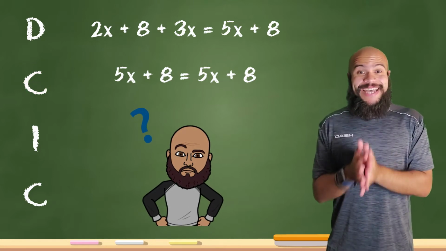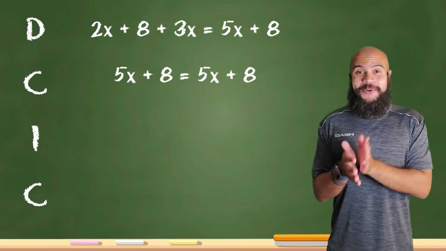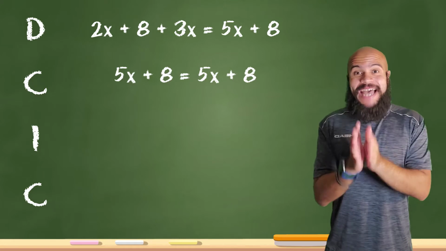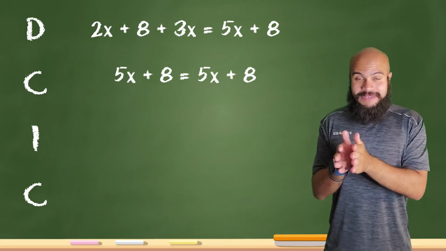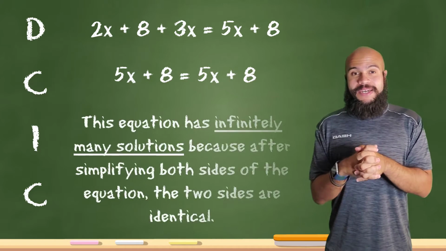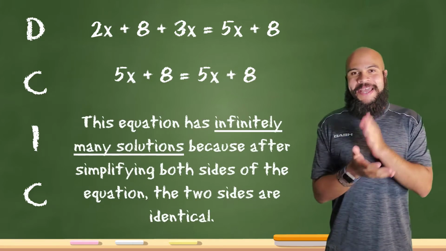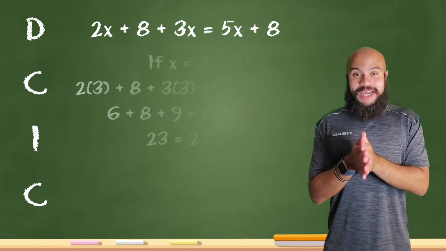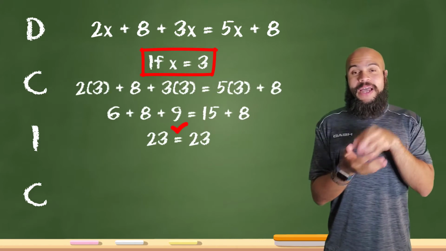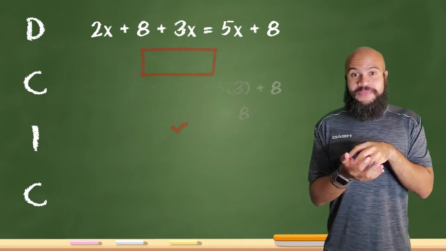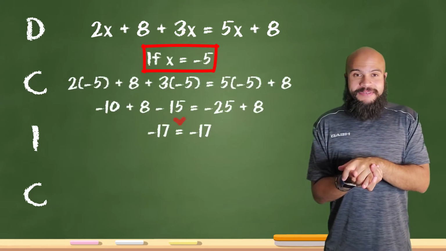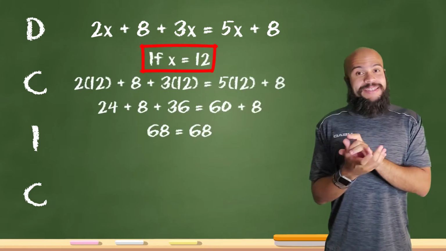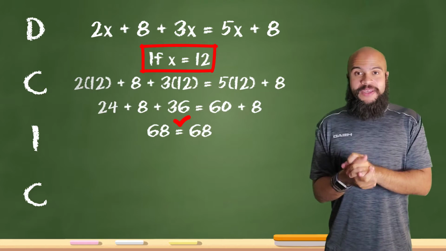We're left with the same exact thing on both sides of my equation. When you are solving an equation, and you ever notice at any point you have the exact same expression on the left side and the right side of the equal sign, you have stumbled upon an equation that has an infinite number of solutions. This means that no matter what value you assign for x, the equation will end up being a true equation. In other words, when you check your answer, as you see happening and has been happening on the screen, you will constantly get both sides of the equation to equal the same value, no matter what you